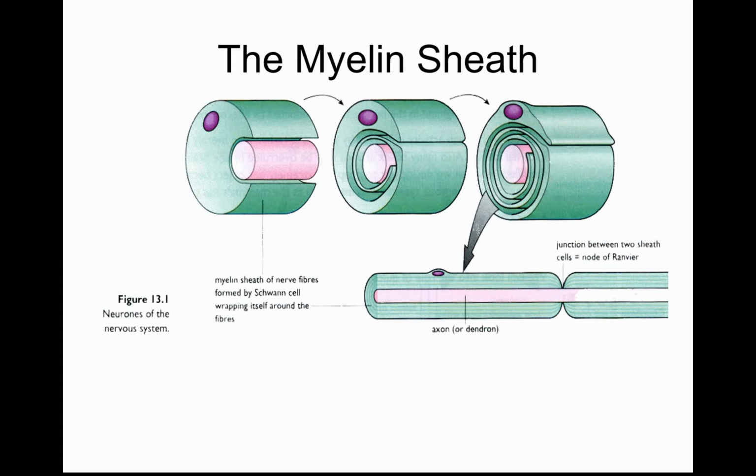So let's have a look at the myelin sheath. It develops as you grow, and when humans are born, their myelin sheath is, as far as I'm aware, not fully formed. One of the reasons why you can't walk fully when you're born. Don't quote me on that. But the key thing is